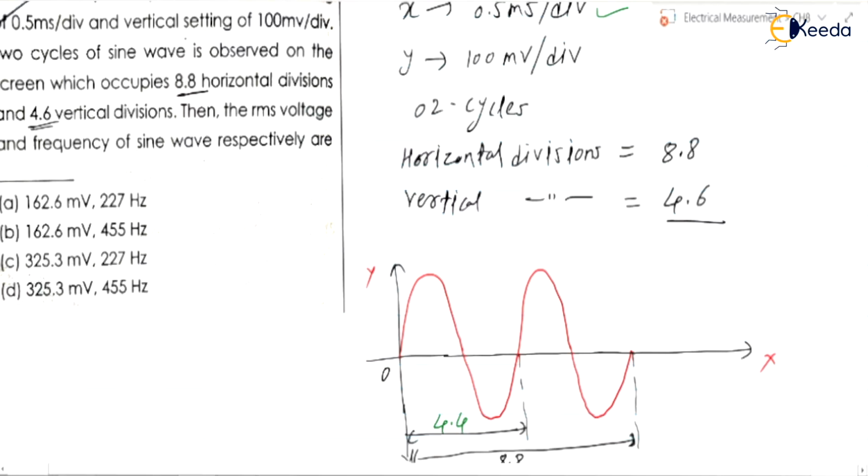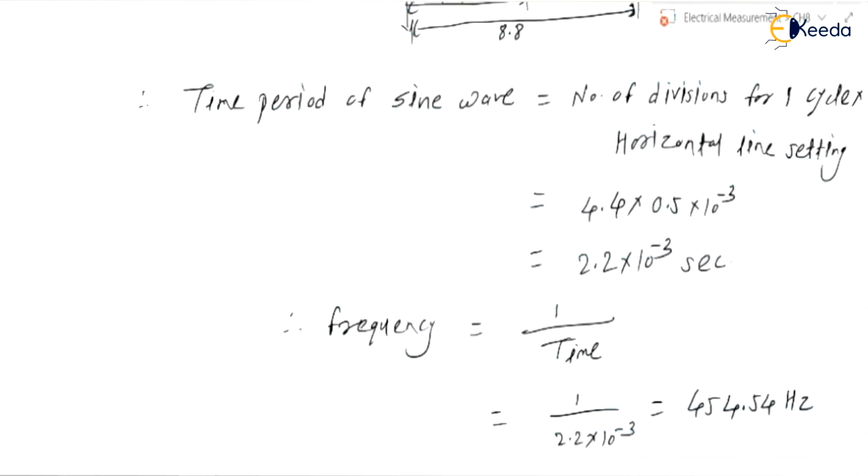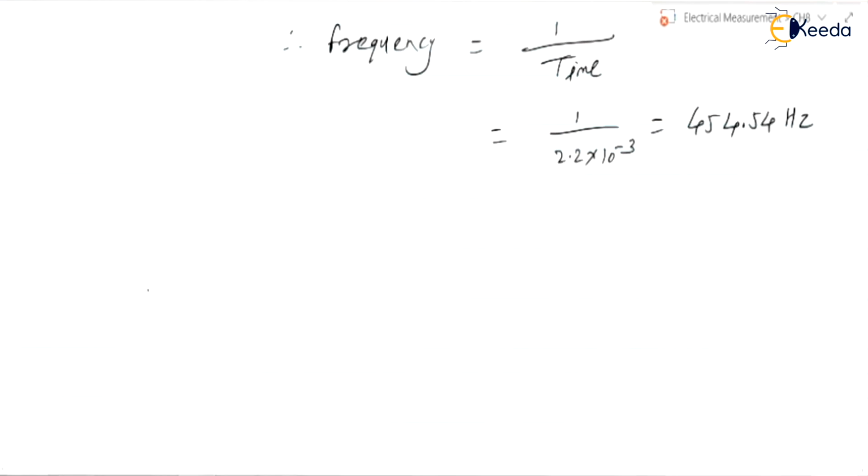It is 4.6. So 4.6 divisions means from peak to peak. From this peak to this peak we are having 4.4 divisions. So for each peak it will be 2.2. It is 50% of this 4.4. So 2.2. So we can write therefore peak value of sine wave